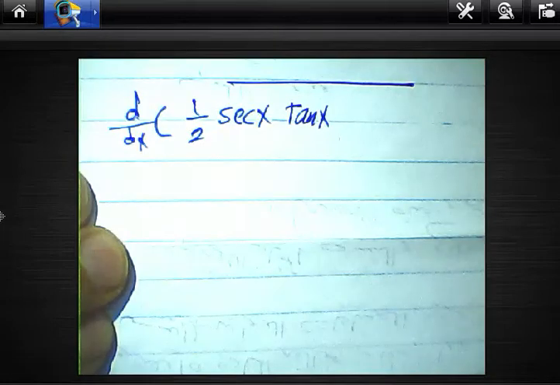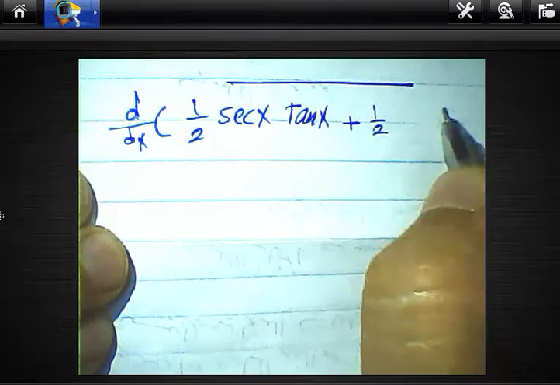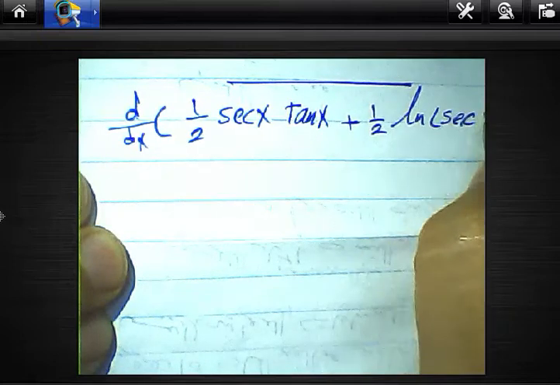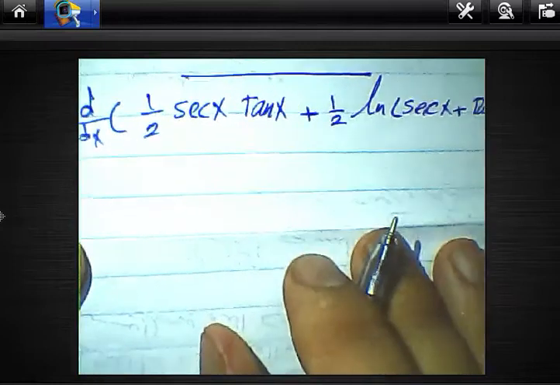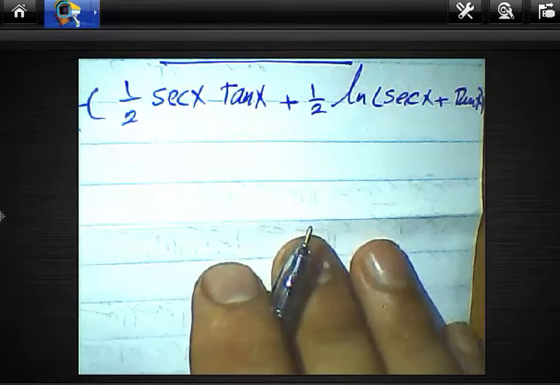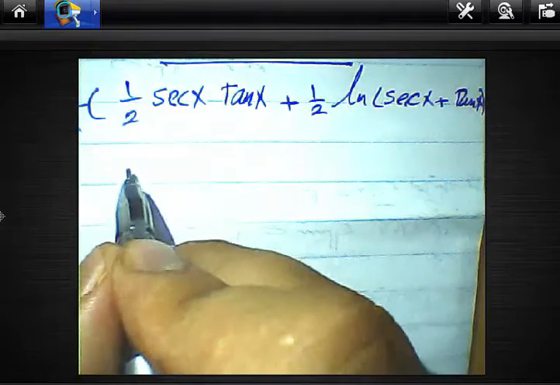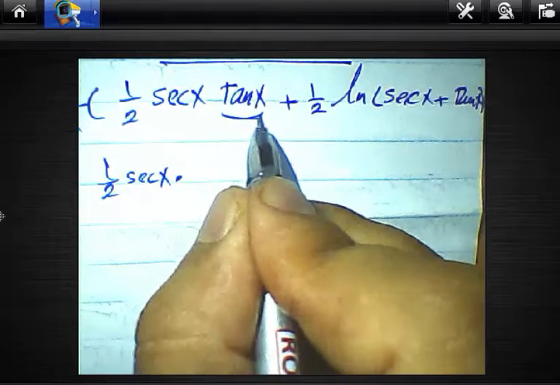Look at this example. We want to find the derivative of half sec x tan x plus half multiplied by ln of sec x plus tan x. It's a long equation, okay? So we must pay attention to these properties. We have two terms multiplied together. We can write the first multiplied by the derivative of the second,